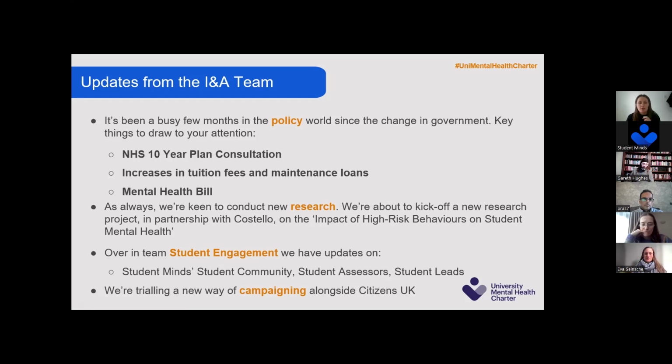So we've launched a new Student Minds student community, which is a very low intensity way for students to keep in touch with us and engage with us. It's where we will share any and all of our opportunities for students to work with us. So if you know any students in your networks who might be interested in working with Student Minds in the future, or who at least might have an interest in filling out short surveys for us as and when, feeding back when we need students' voices on something that we think we might do but we're not sure. Anyone that's interested in student mental health would be an excellent addition to our student community. So please do send them our way. The link to that is on the website.